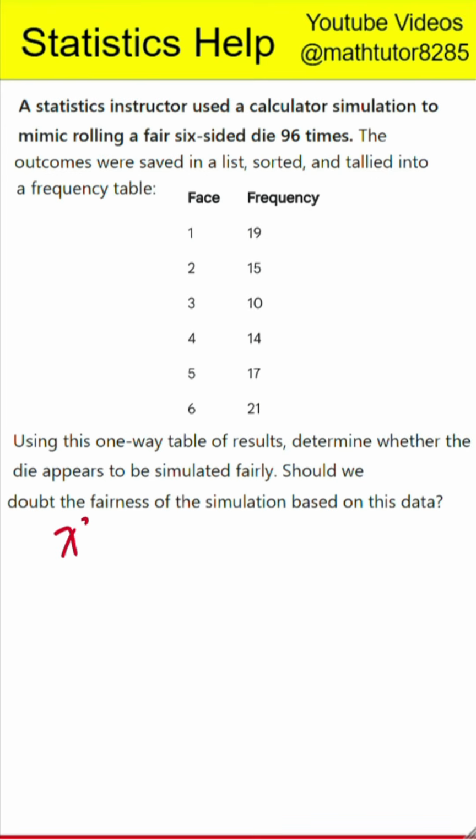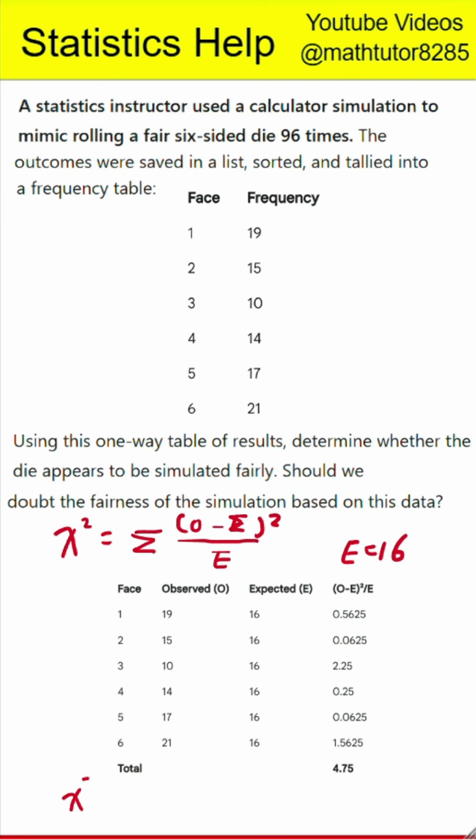Step 4. Calculate the chi-square statistic. Now we compare observed counts to expected counts. For each face, we take the difference between the observed count and the expected count, square that difference, then divide the result by the expected count. We do this for each of the 6 faces, then we add those 6 results together to get our chi-square statistic. For face 1, the observed was 19, expected was 16, so the contribution to the statistic is